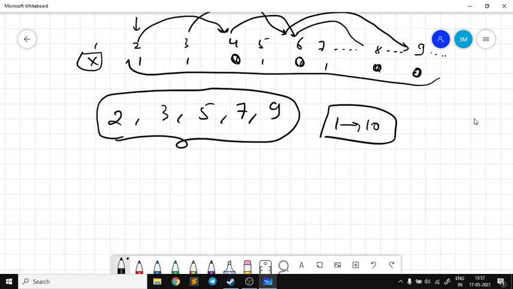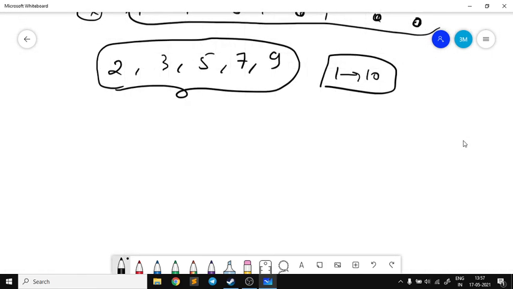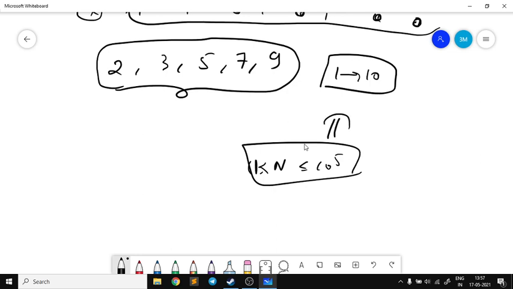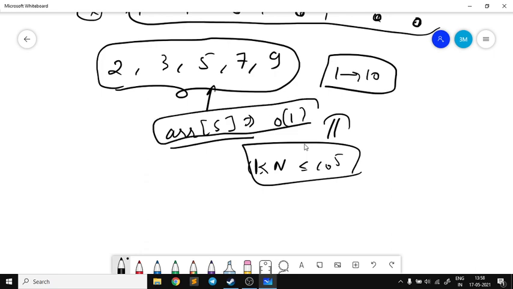So what is the use of this sieve, right? If the constraints are small, say n less than or equal to 10 to the power 5, we can use this above method, right? And once the sieve is created, if I pass a query, let us suppose to check whether 5 is prime or not, you will go to this array at index 5 and check whether it is 1. If it is 1, then it is a prime number, so you can return in big O of 1. So this is how you can check in O of 1 whether a number is prime or not, right?